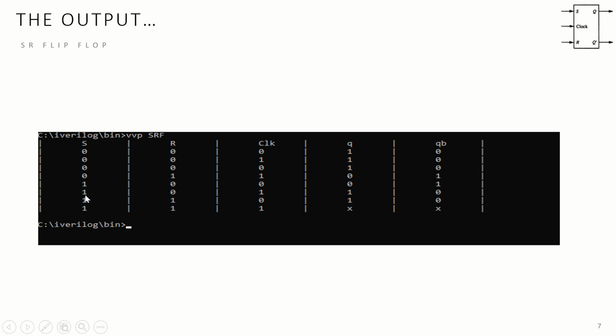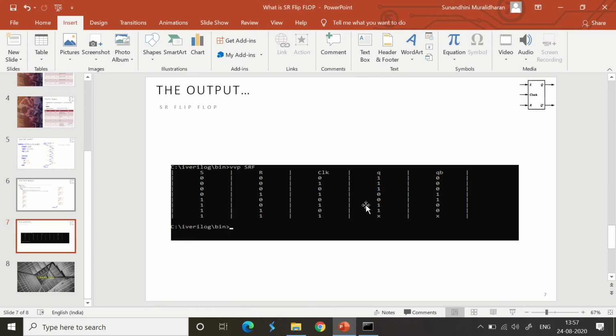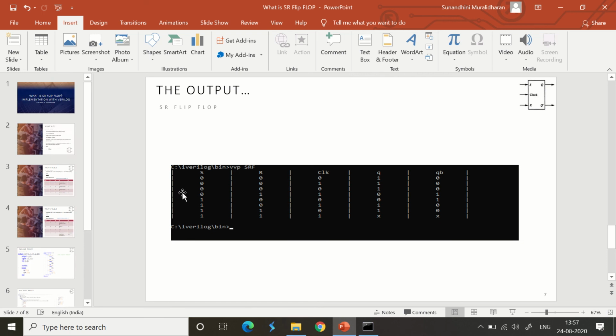And now set is 1, reset is 0, clock is 1. So we enable the clock and we also have S is 1, set 1. So we will get the set bit here, 1. 1 is the output and 1 bar is 0. The final case is all ones, which means set, reset 1 and clock also 1. This is a non-existent condition and this has to be forbidden and it won't work. So that's it. We have learned how exactly your SR flip-flop works.